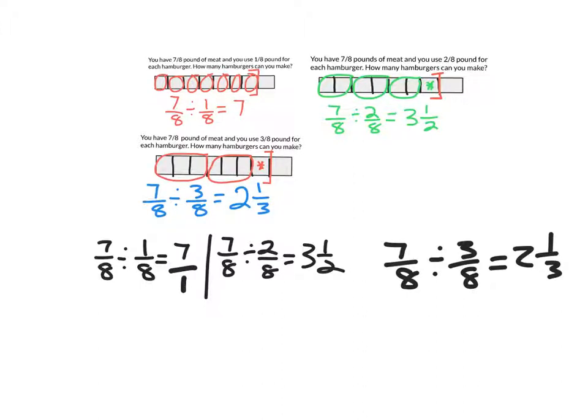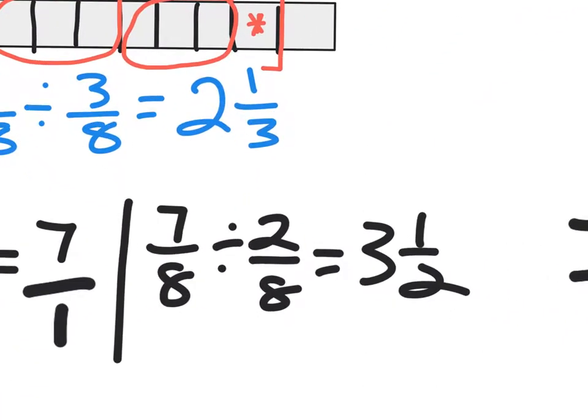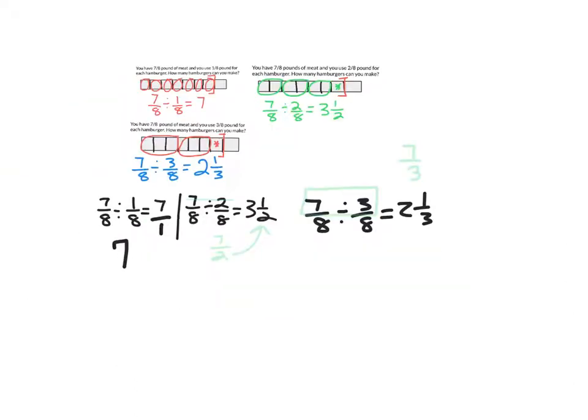And 7 over 1 is 7. So in that case, I just divided across my numerators and then divided across my denominators. If I take a look at my second one, and I go across my numerators and I do 7 divided by 2, well, 7 divided by